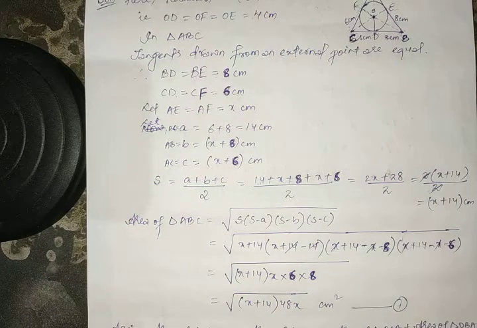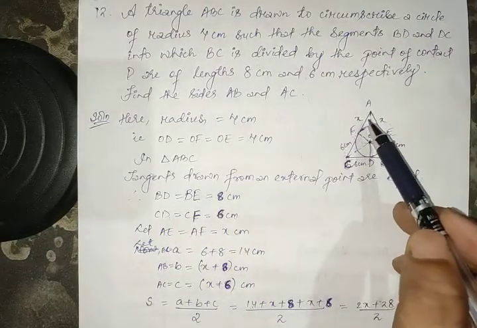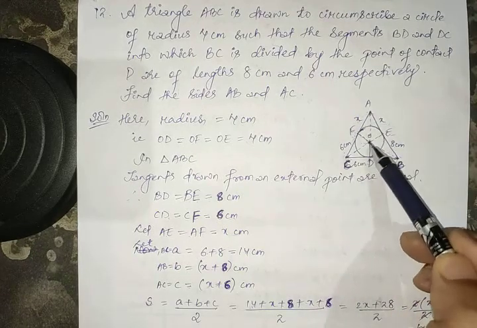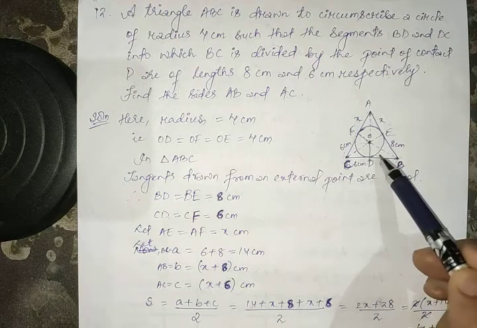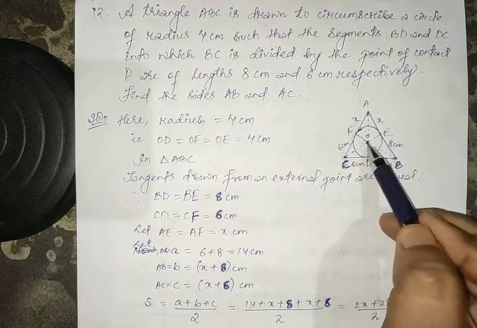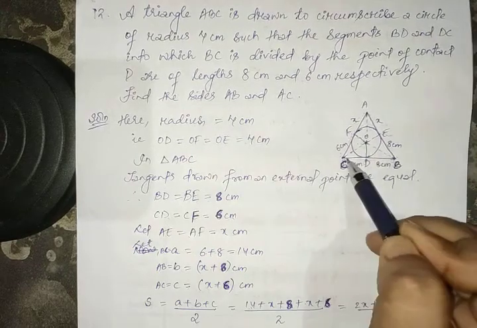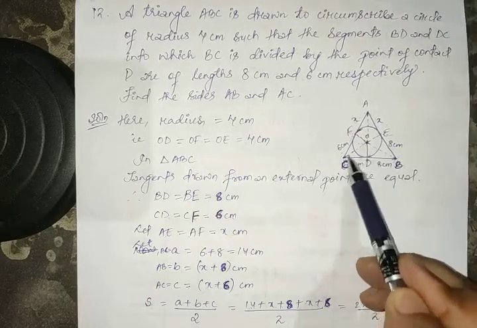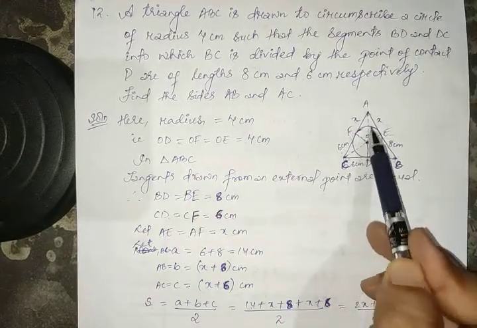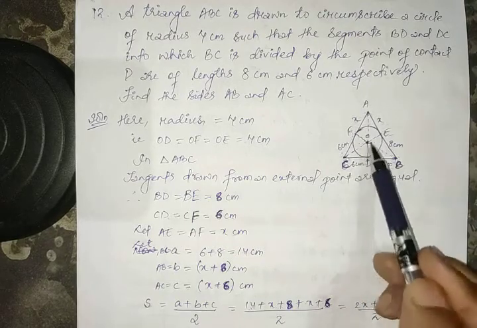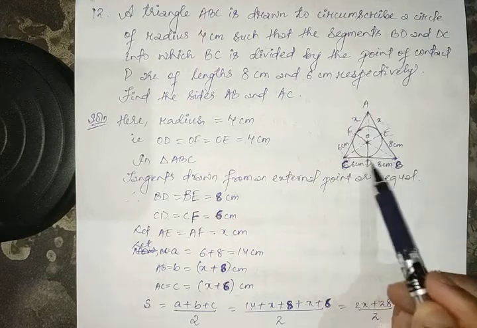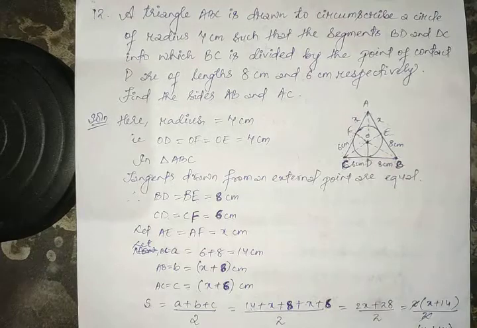Now again we have to find the area of triangle ABC by using another formula. Before, we found the area using the three sides of triangle ABC. Now we'll find it using the inner triangles. In the figure we have three triangles here: one is triangle OBC, another one is OBA, and then another one is OCA. We have to find the area of these three triangles, and the sum of their areas will be equal to the area of the whole triangle. So that we have to find.